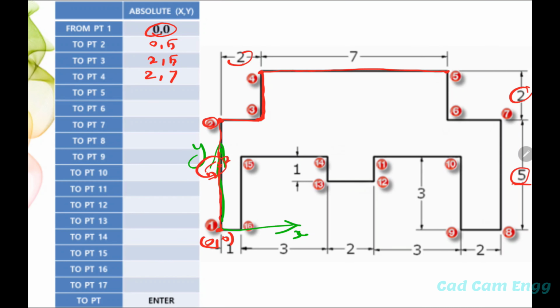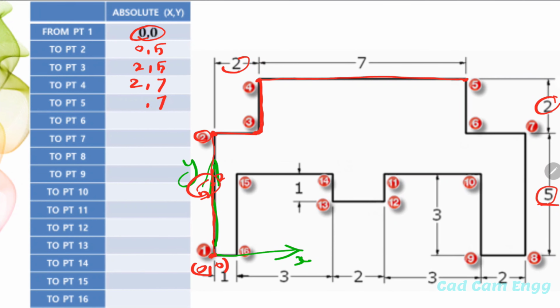In this place, same like the previous one. We always refer from the origin point, from here. So the y-axis is not moving, and as usual I give 7. Then the x-axis already moved 2 mm, now again 7 mm. So 7 plus 2, 9 mm.